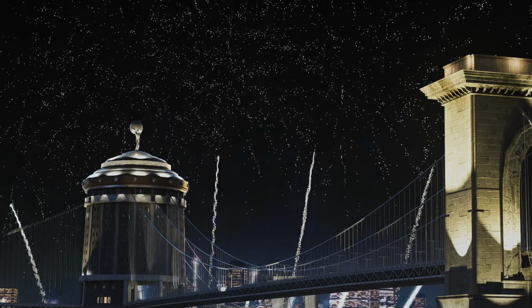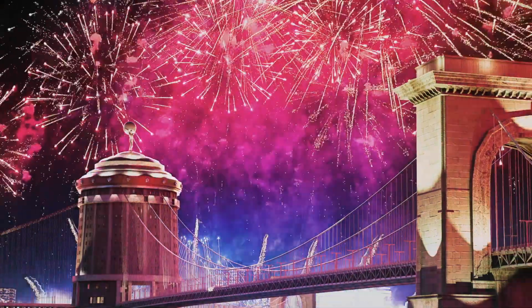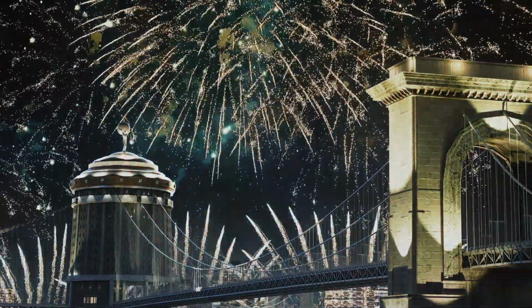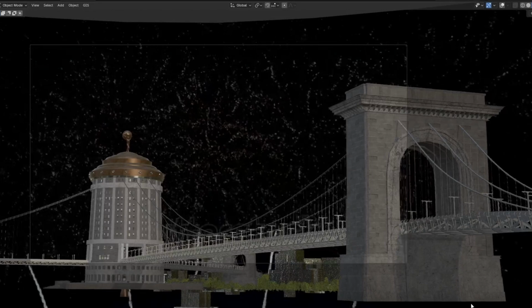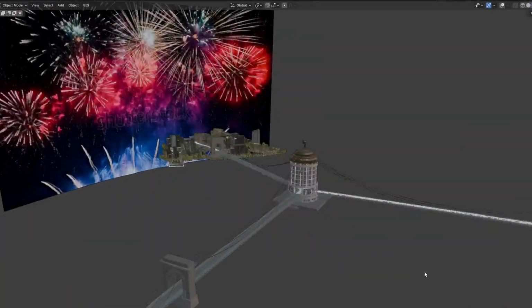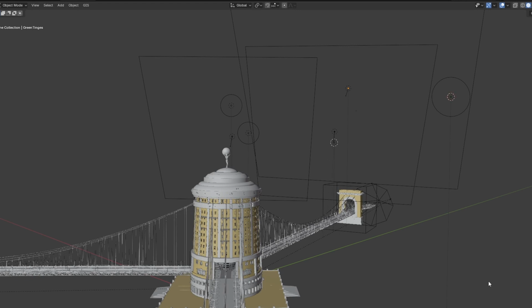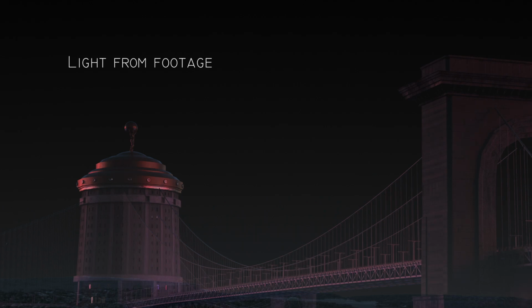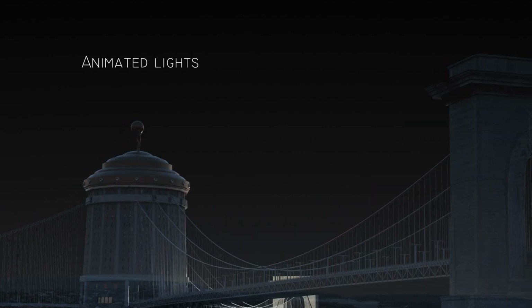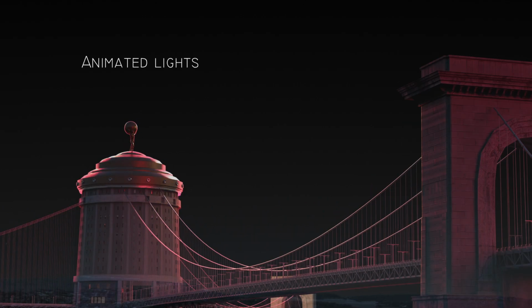For the shot of a New Year's celebration happening behind the Stowe Bridge, stock footage was mapped onto geometry in 3D space and used to light the model. This was fairly subtle, so additional lights were manually animated to emphasize the main color beats of the fireworks. The different layers of lighting can be added together to control how spread the lighting is.